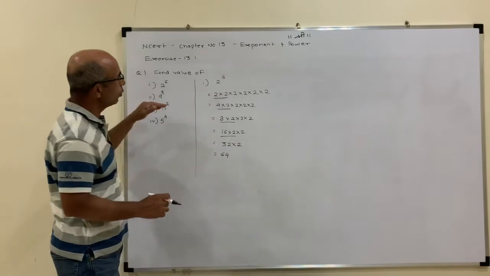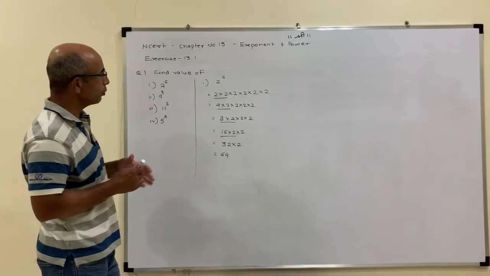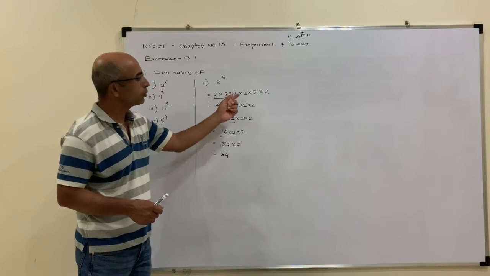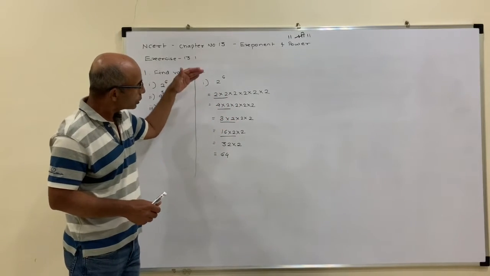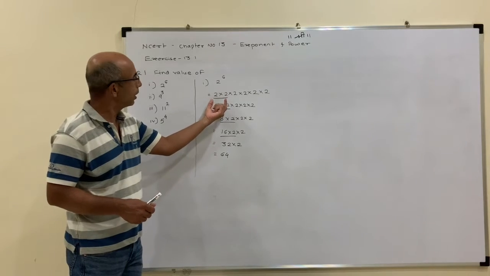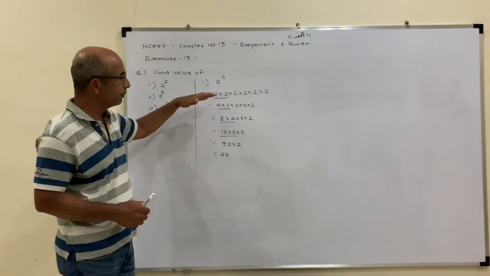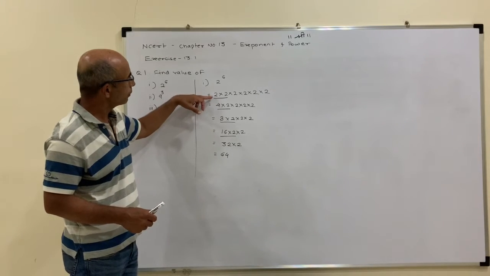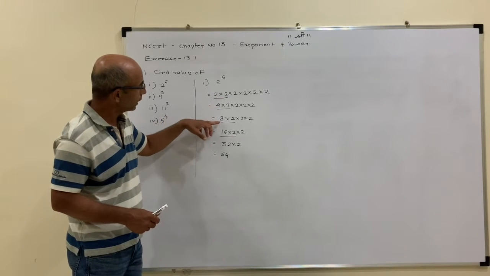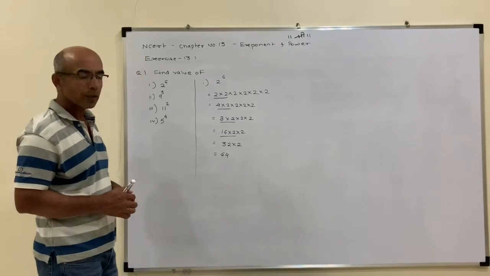So now 2 raised to 6 is 64. But don't try to rush to find the answer by multiplying everything at once, like 2 3s are, 2 4s are. Don't do that sort of thing. Solve one operand and two numbers at one point of time, so you won't be making any silly mistakes. So first I have solved 2 into 2, then 2 into 4, then 8 into 2, then 16 into 2, then 32 into 2, and that comes out to be 64.